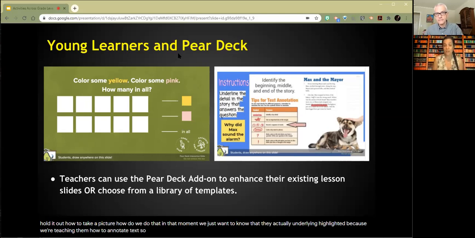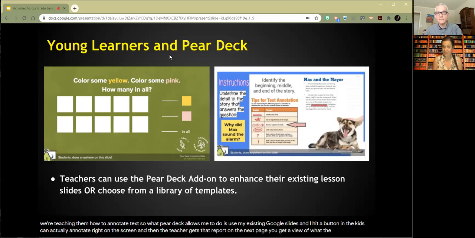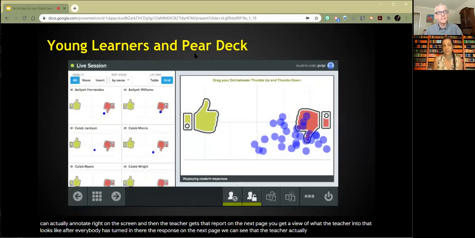So what Pear Deck allows me to do is use my existing Google Slides, and I hit a button and the kids can actually annotate right on the screen, and then the teacher gets that report. On the next page, you get a view of what the teacher end of that looks like. After everybody has turned in their response, on the next page, we can see that the teacher actually sees all